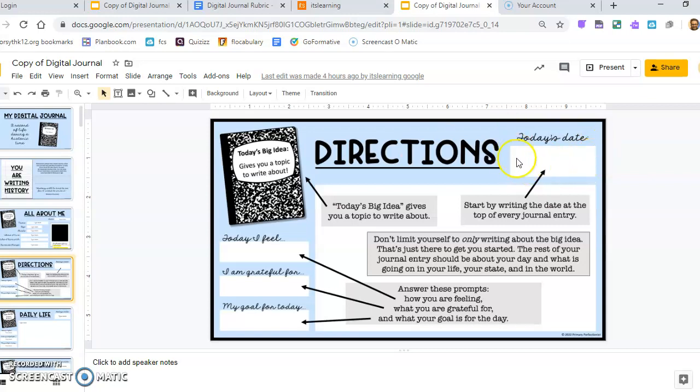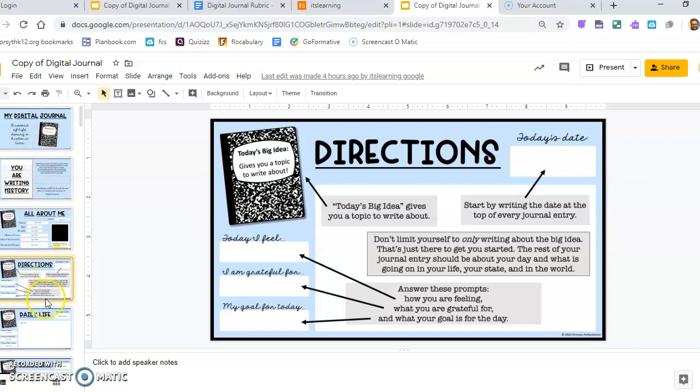And once again, you always fill out the date, how you feel today, just a one-word or short description, what you're grateful for, what your goal is today. These don't have to be long, but they should be different. This is meant to have you reflect on the day and what's going on. And whatever the topic is here, you'll type it in. So really, those are the first few slides today.